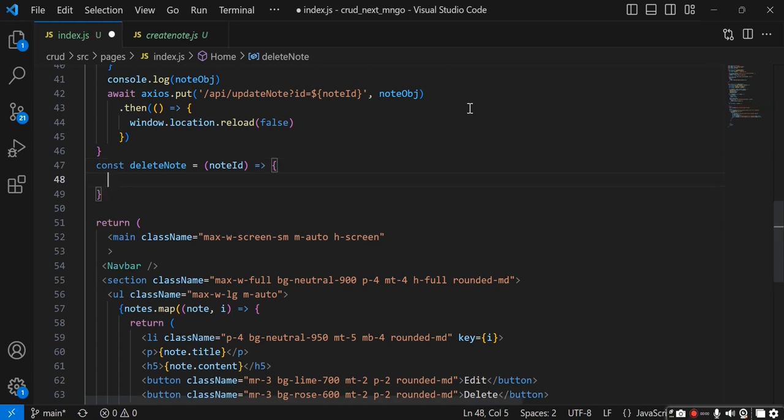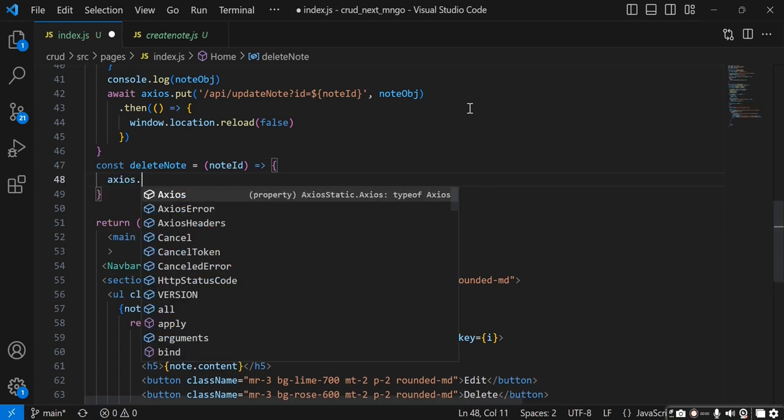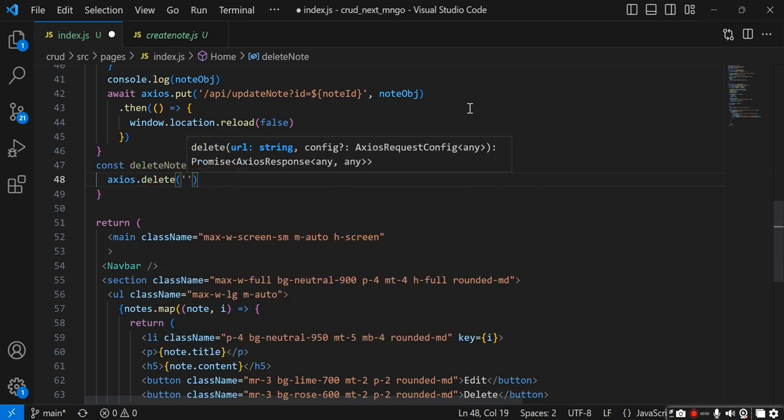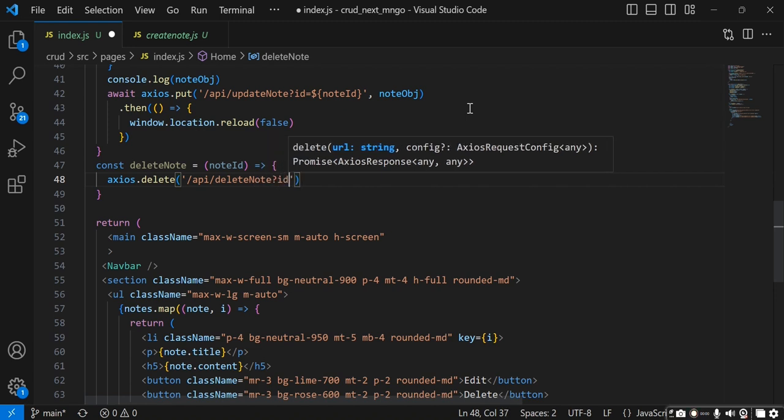It's going to look very similar to what we just created. It is going to use an axios request. This isn't something that we have to wait on. We're going to be able to immediately grab it, and we're going to create the API endpoint. With this one, it's going to be /api. We know all of the Next.js APIs are in that API folder, and then we'll create the delete note